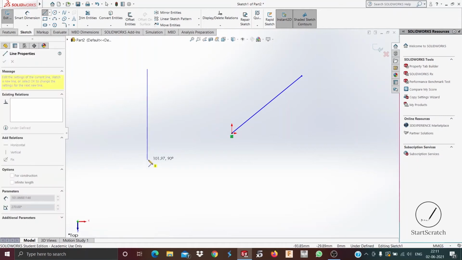The vertical line symbol which you see beside the pencil is nothing but the relation that the line is at 90 degrees. Now also see the other relations. When you put this exactly on the point, then when you hover around on the line, you see a midpoint relation. And when you go here, you see the same point relation. Then you put it on the midpoint, and you can draw another line as I told you earlier.